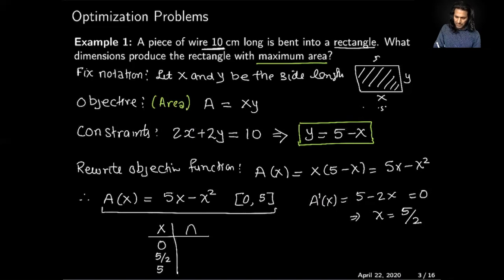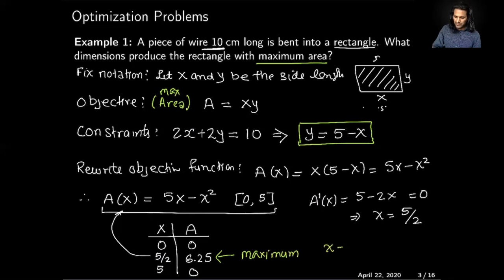And I will calculate the y value, or the area. If I plug in 0, I will get 0. If I plug in 5/2, I get 6.25. I will plug that 5/2 into here. And if I plug in 5, I will get 0, because 25 minus 25 is 0. So as I can see, this is my absolute max, because my objective is to find the maximum area. So this is the maximum,